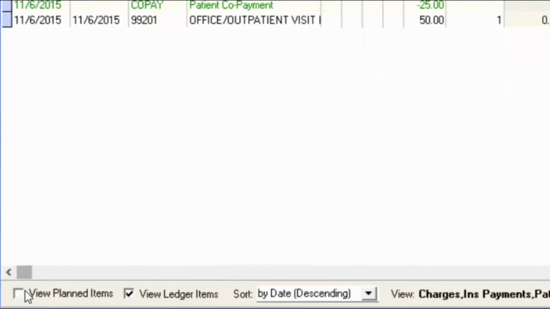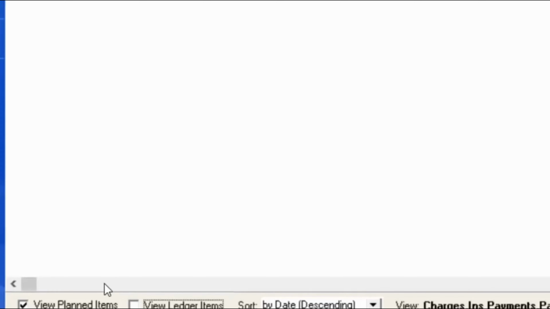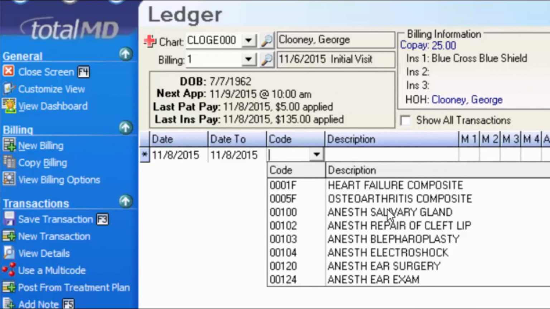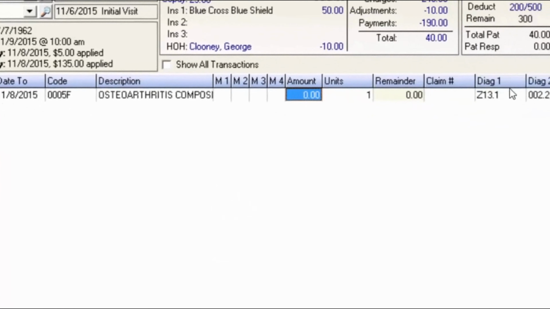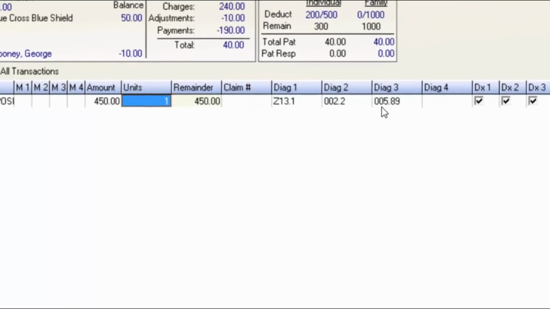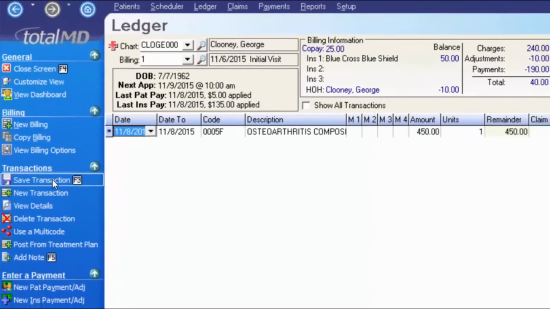I do want to point out that you have the option to view treatment planned items, and I could uncheck view ledger items, and this is how I could create a treatment plan to send in a pre-authorization to see what's going to be covered by the insurance company ahead of time. So if I were to do that, I'm going to click New Transaction. I'm going to add in a procedure code, plug in the amount I want to charge for that. And keep in mind that the same default diagnosis codes do show up here because we're still on billing number 1 for the patient. I'm going to go ahead and save this transaction, and you notice it